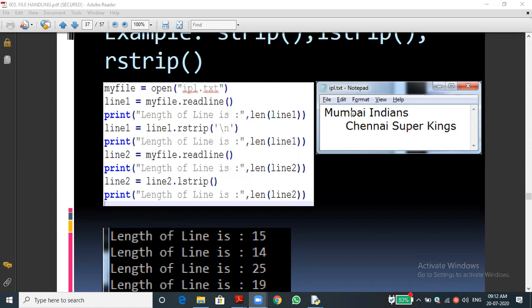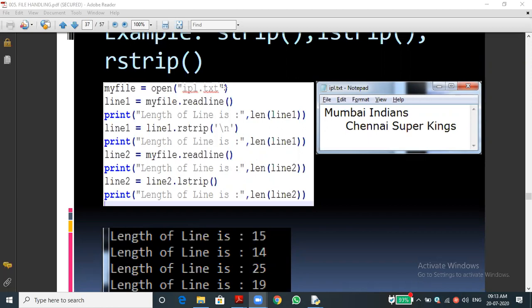We didn't mention the mode. What is its meaning? Mode we need to mention, no. If we didn't mention the mode, students listen, automatically the file will open in read mode. What is the default file opening mode?